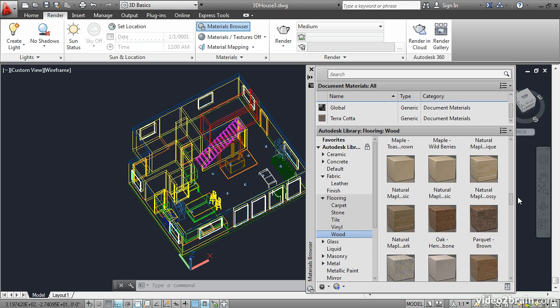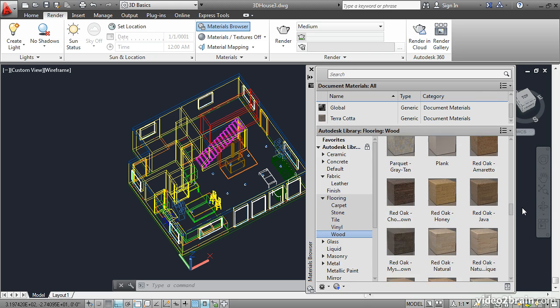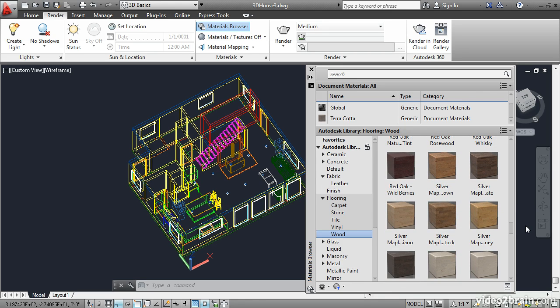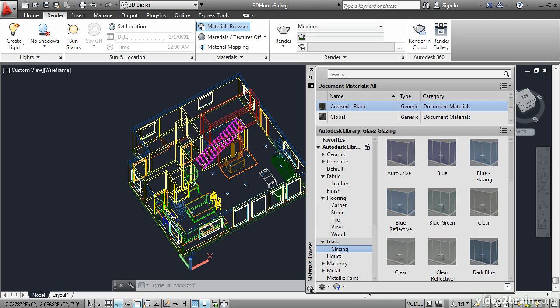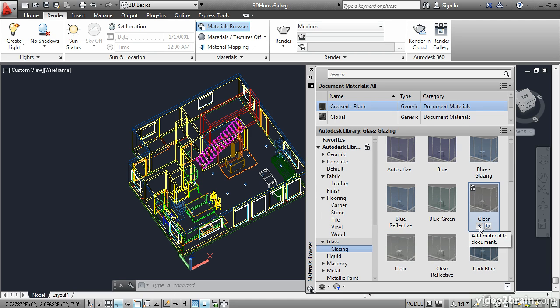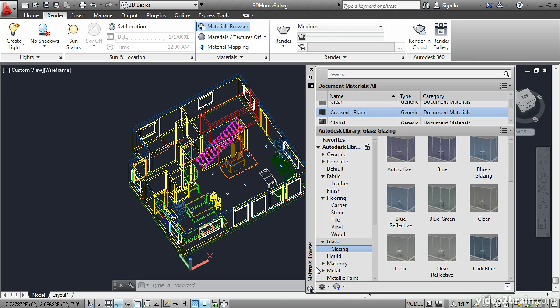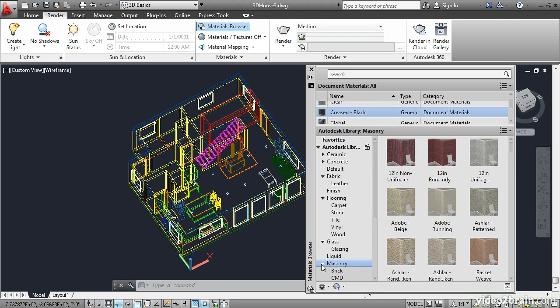Perhaps I'll use a maple of some kind. Here's a silver maple brown. I'll use that for the hardwood floor. We also need some glass. Just some clear glass will do. We will need some brick for the brick wall behind the wood stove here. I'll use this pattern, add it to the document,